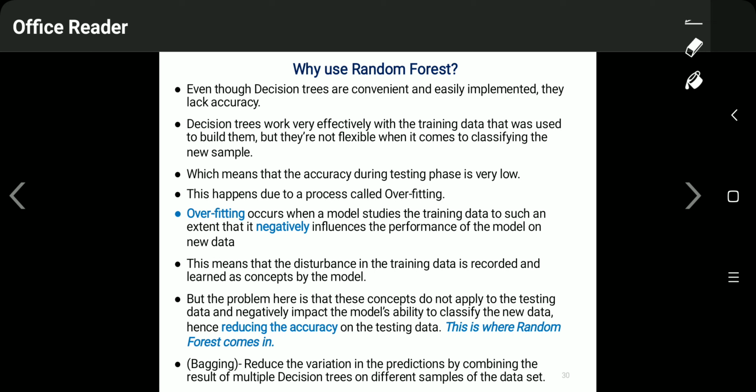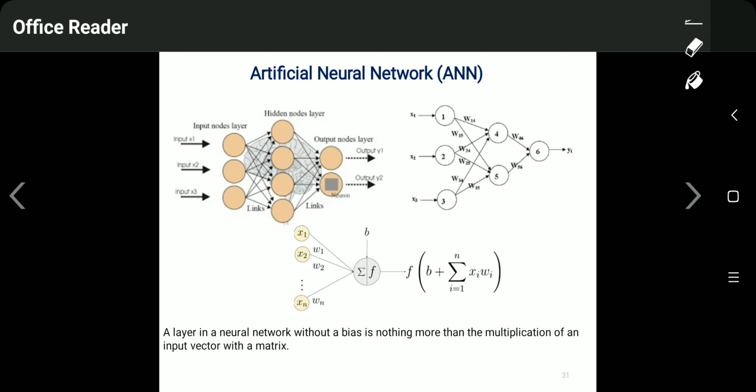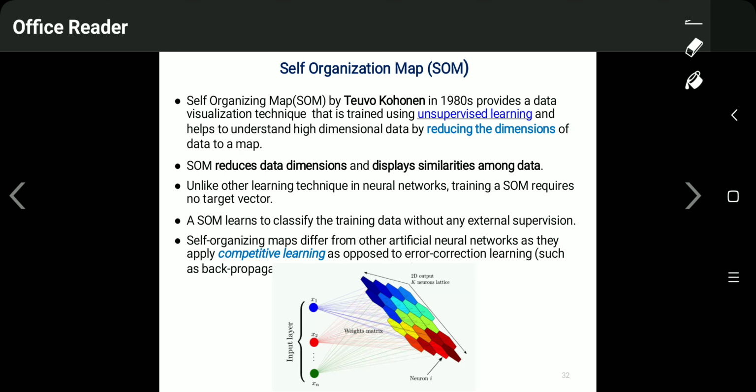This is where the random forest comes in. So what happens in random forest? Instead of taking the whole data set at once, we take random data. Basically, we are providing randomization during the training, so the training is not getting a biased set of inputs. We provide random sets of data, and that is why the effect of the noise is approximately nullified when we use different decision trees. So that is why we get better accuracy in the case of the random forest.